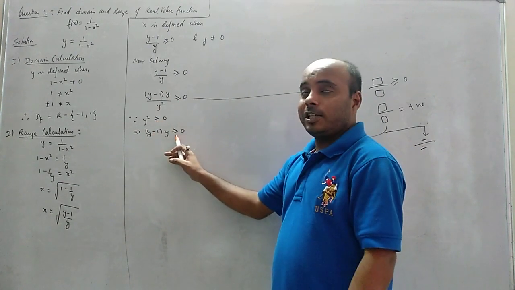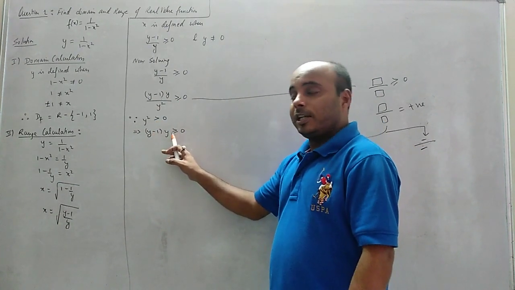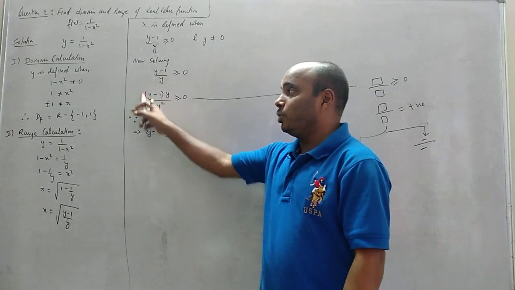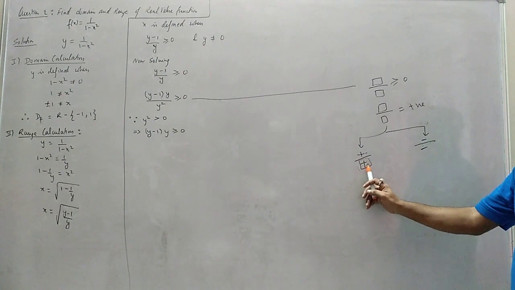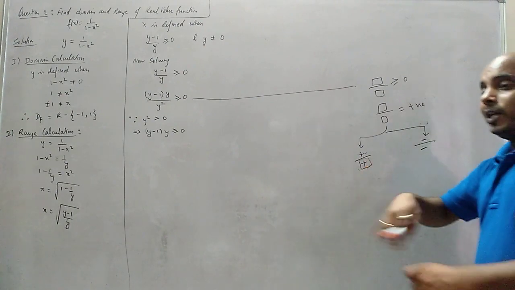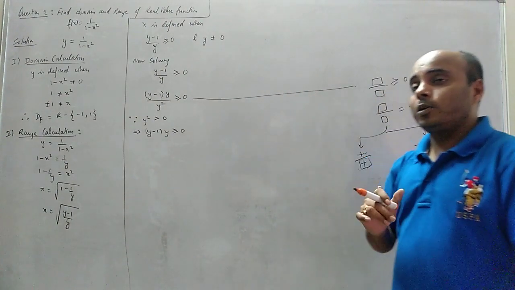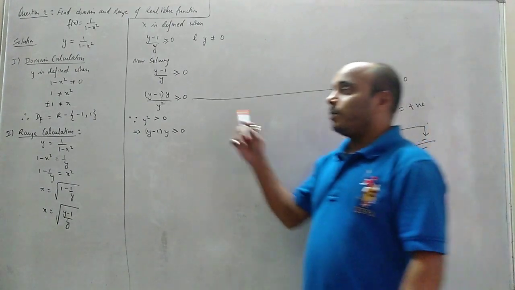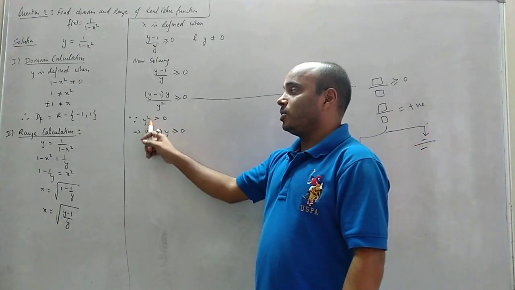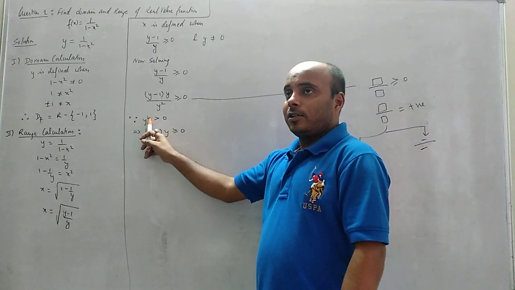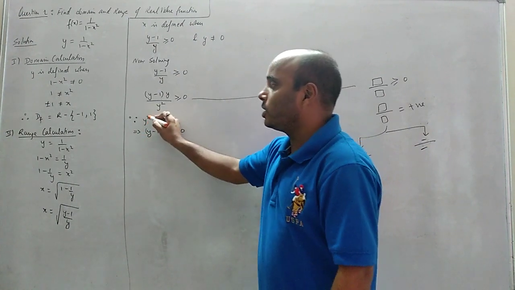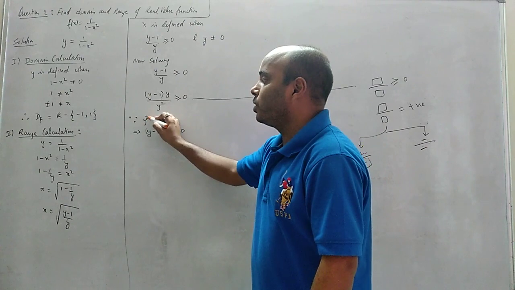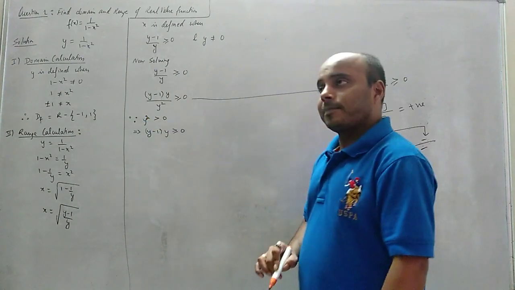But here there is equals to because it may be equals to. It may be 0. Numerator can be 0. And it is positive because denominator is positive. So when to write equals to 0, when not to write equals to, you understand? Or when to write positive, we can see it is positive. It is whole square, so positive is greater than 0. Why am I not writing equals to? Because it is in the denominator. Denominator equals to 0 होने से infinity आ जाएगा.